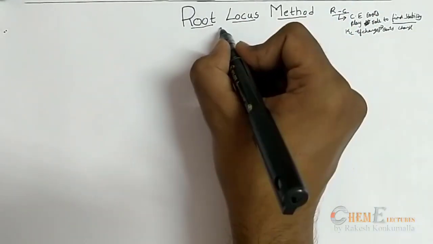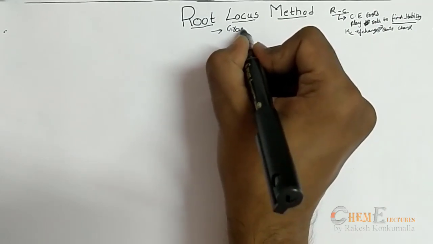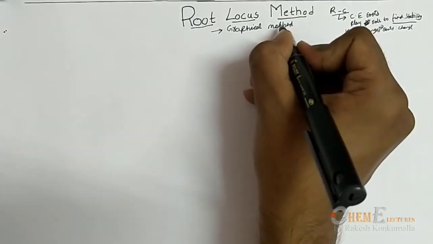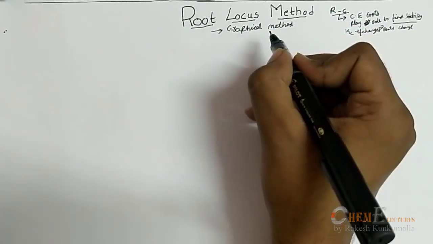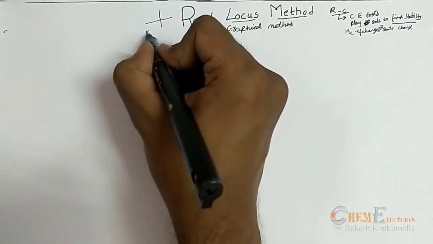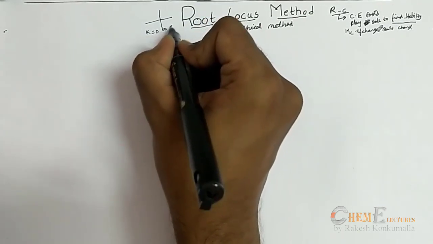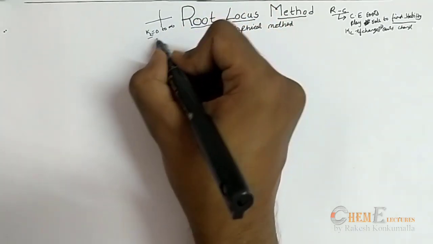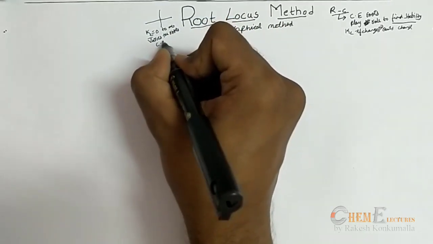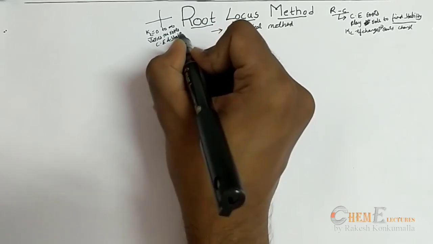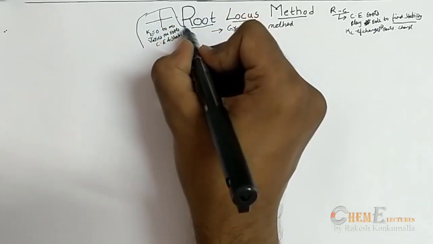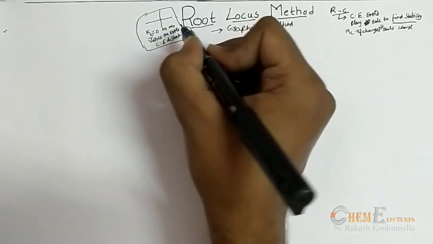But the root locus method is a graphical method. It gives the convenience to show in a graphical manner how the variation of k, the controller gain, from 0 to infinity varies the roots of the characteristic equation and the stability. And this gives one picture where you can find the complete analysis of the variation of Kc from 0 to infinity.